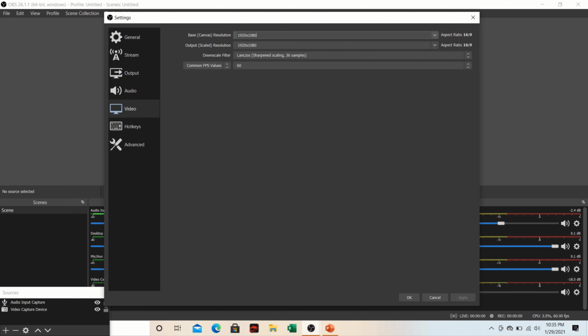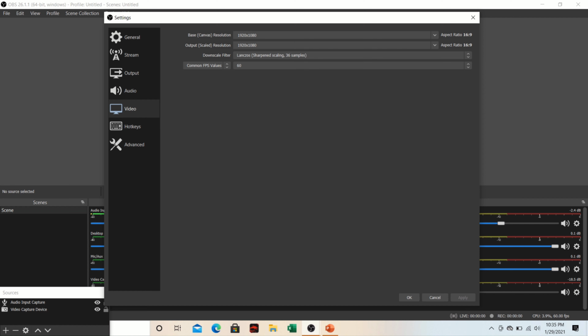So for my laptop, I use 1920 by 1080. The higher the better, but then again, it depends on the screen of your computer. And then output resolution is 1080p, 1920 by 1080,